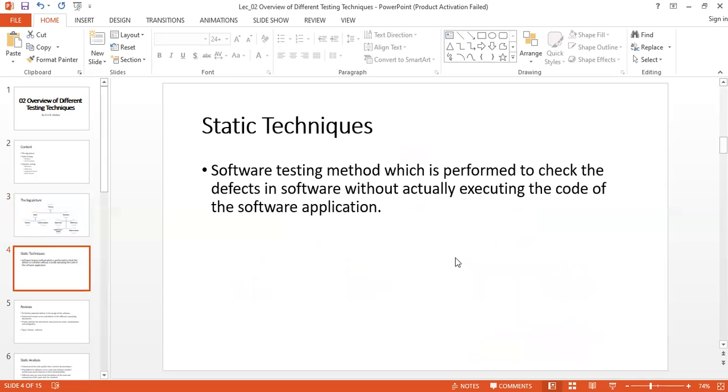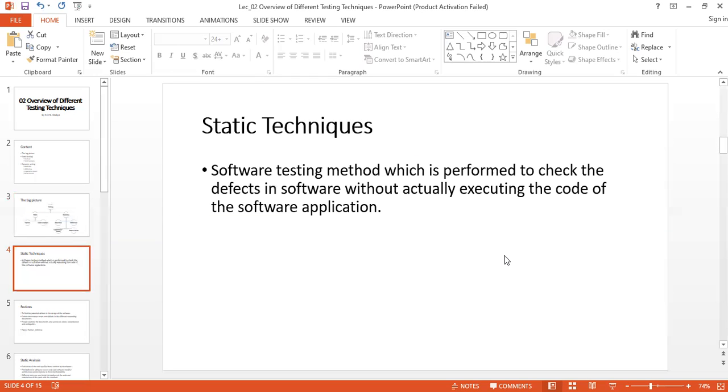When it comes to static techniques, the word static means we are not going to make any changes. In Sinhala we call it sthithika, but just forget about that term.